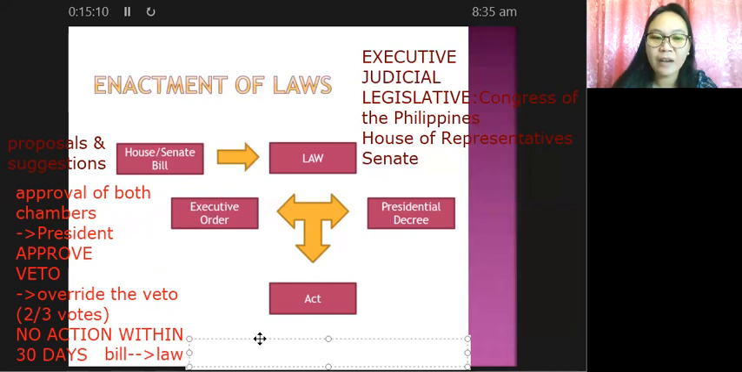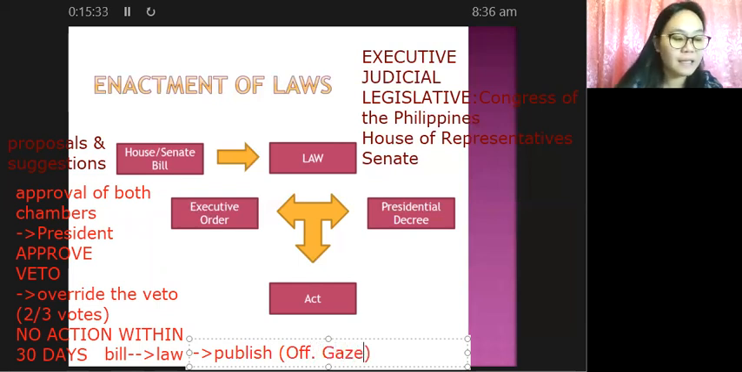So, yes, what's the next step? The next step is to publish. Yes, to publish this new law or this new Republic Act. And then, the requirement for publication is either in the Official Gazette of the